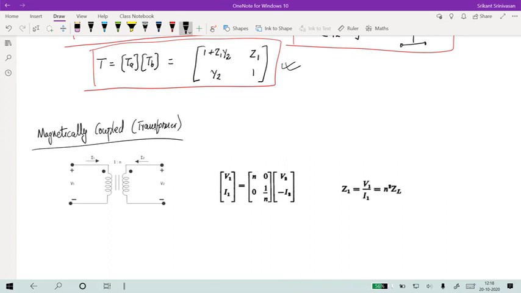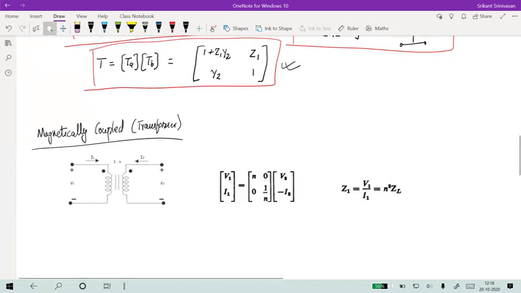I hope everyone has learned this already in IC 160. And if not, then I will take a separate class on the mutual inductance and magnetically coupled circuits, but I hope you have already studied this well enough. So the basic idea is that I have these two inductances and I'm putting a dot. The dot symbol means that if I apply a positive voltage at the terminals of this inductor, then the current will flow into the dotted terminal.